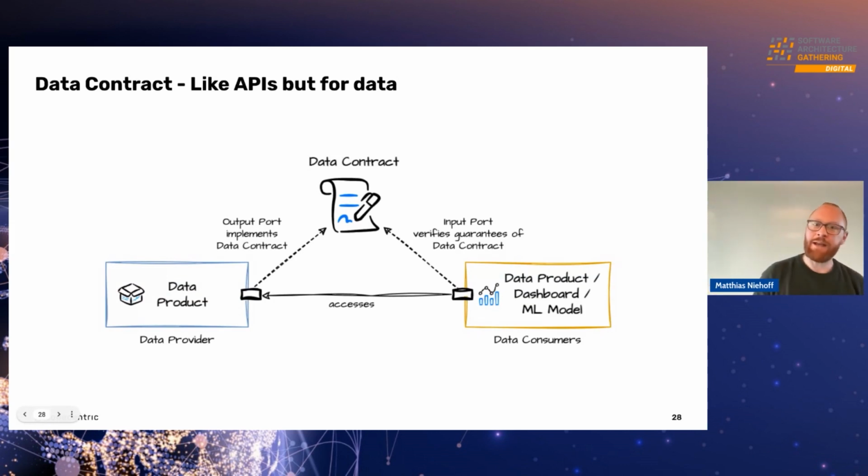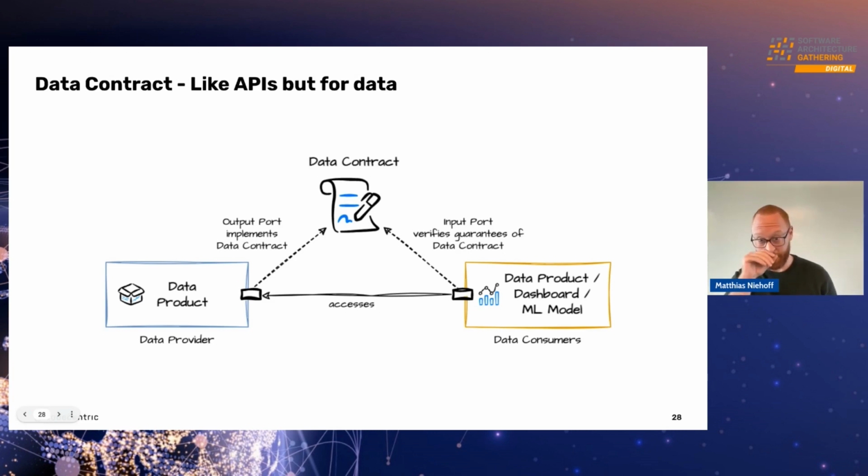And the data contract, for me, it's not about the contract itself, because it's formalized and written in some YAML most of the time. It can also be technically enforced. But the main thing of this contract is that people are aware that they are providing data for analytical purposes to consumers they maybe weren't aware of before. And they discuss what changes might be coming, what is actually needed. So it's basically an instrument to talk with each other.